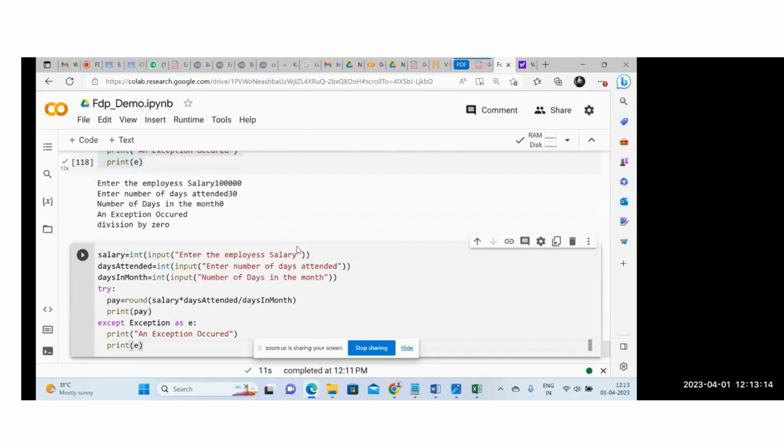Okay. And now this time I'm not making a general exception, right? So I am making this specific, that is zero division error as E, then except, sorry,